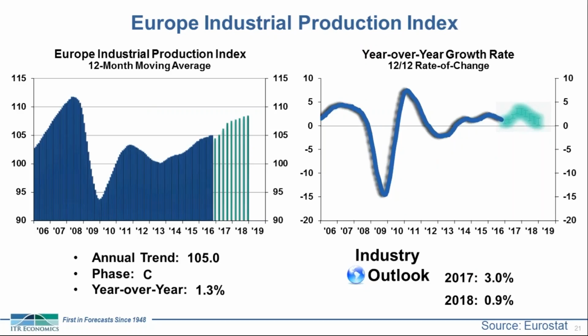Next, we'll take a look at Europe. Europe industrial production. This includes both EU and non-EU member states, Eastern and Western. It's currently up 1.3% year over year and is in a Phase C slower growth trend. Europe in general, and the major players in Europe, have avoided recession in this business cycle due to their diminished dependence on oil compared to most other aspects of the developed world. We expect them to avoid recession despite the slower growth trend moving into 2017, and will remain out of recession moving into 2018. Europe will be a strong area of opportunity, especially moving into late 2018.